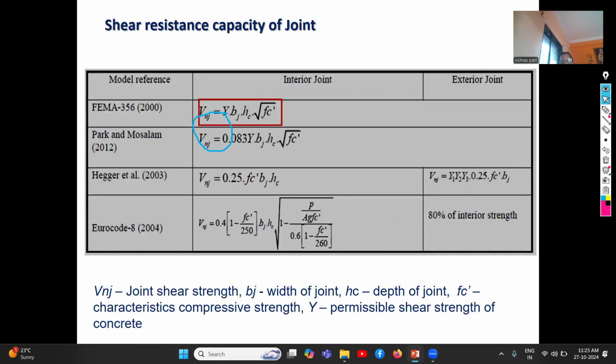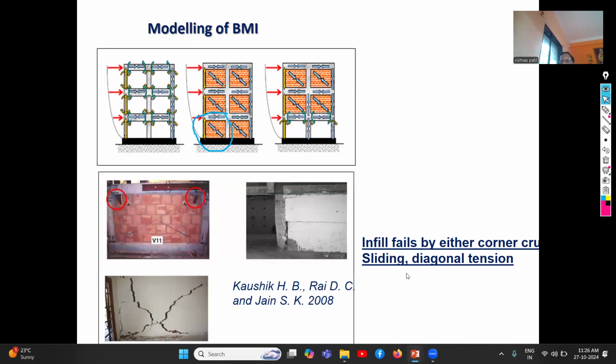So these are the equations proposed by different codes to calculate the shear resisting capacity of the joint. Interior joint and exterior joint equations are given. Okay, now this is the second thing,